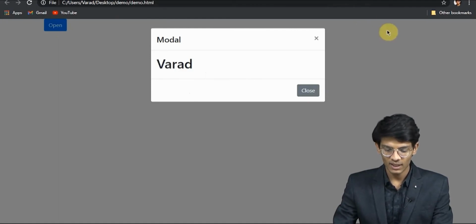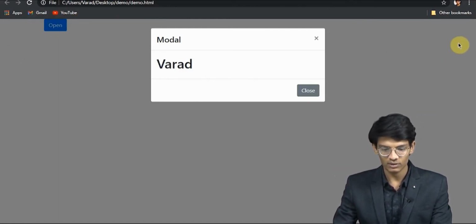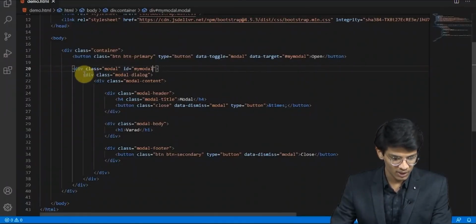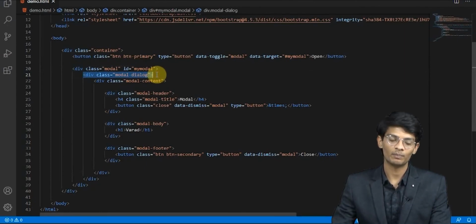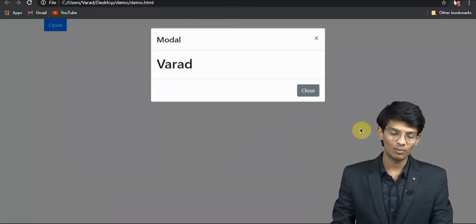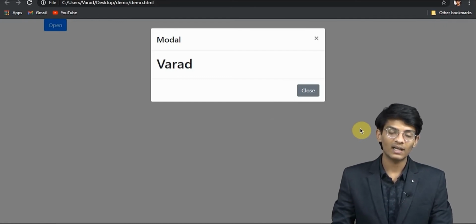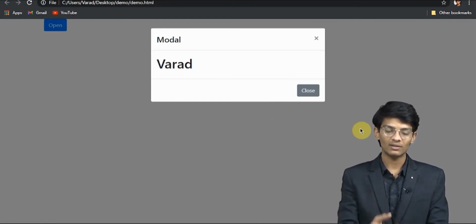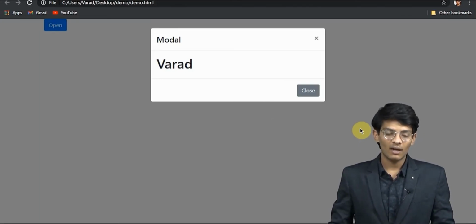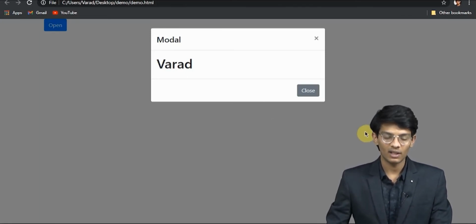Well, the background screen has reduced some opacity. Well, that is the work what the modal dialog does. Okay, so modal dialog adds some opacity to make it look attractive and to get your glance on that particular modal, rather than keeping your eye on the different screen.